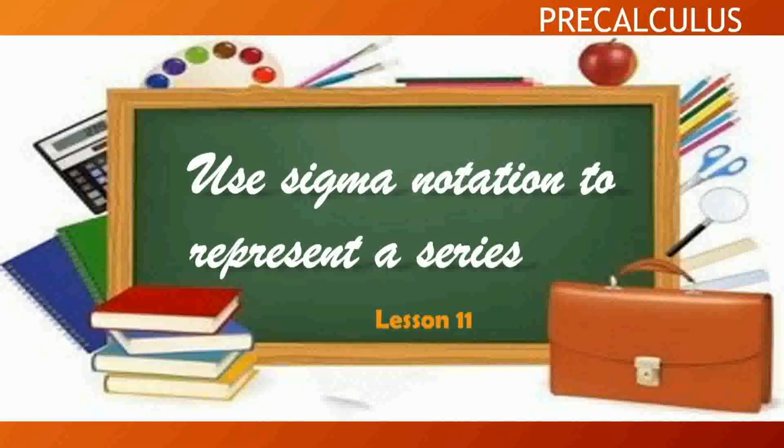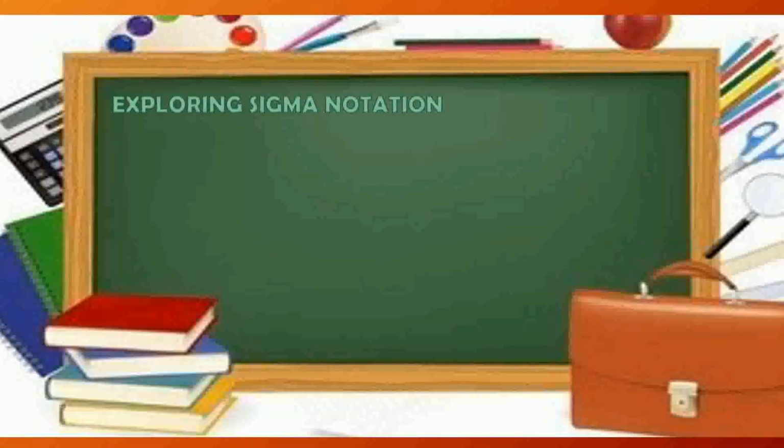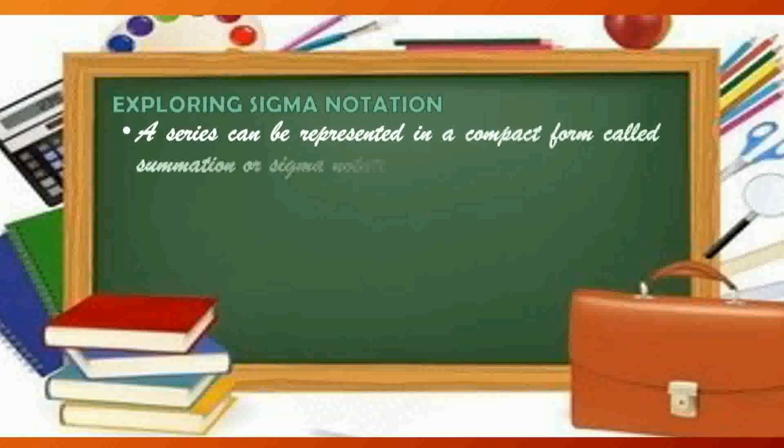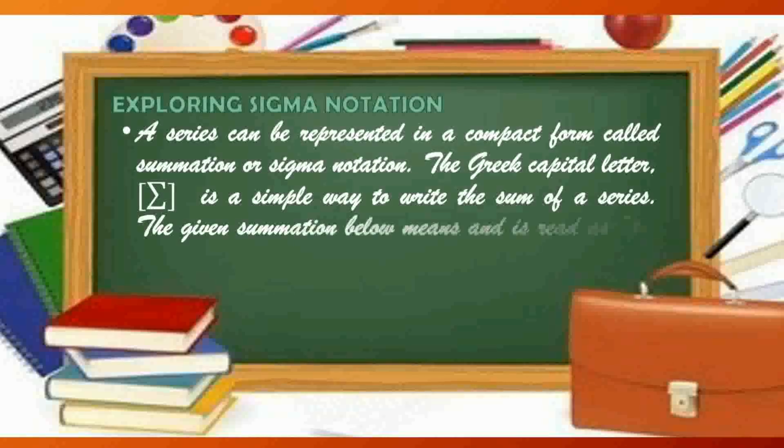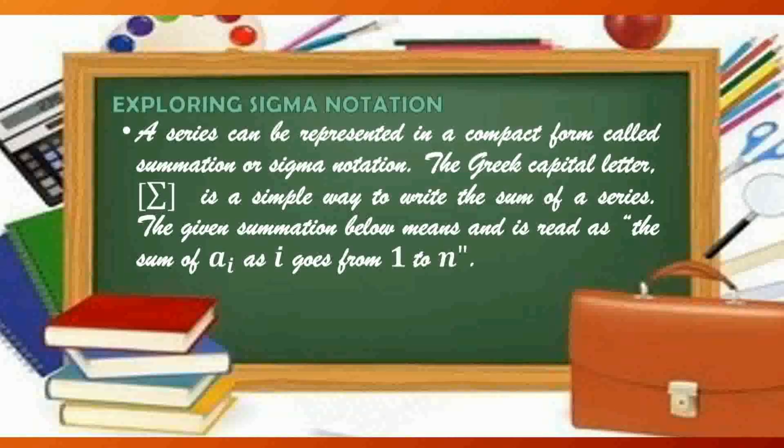In this video, we will talk about using sigma notation to represent a series. Exploring sigma notation. A series can be represented in a compact form called summation or sigma notation. The Greek capital letter sigma is a simple way to write the sum of a series. The given summation below means and is read as the sum of a sub i as i goes from 1